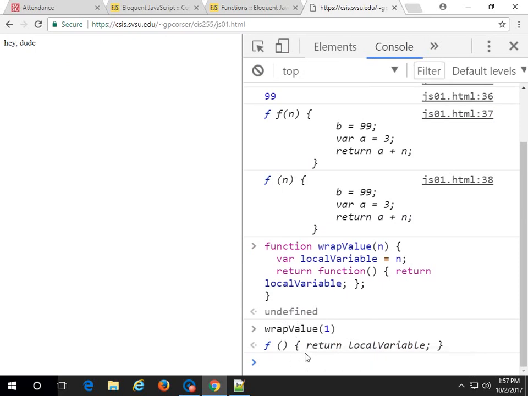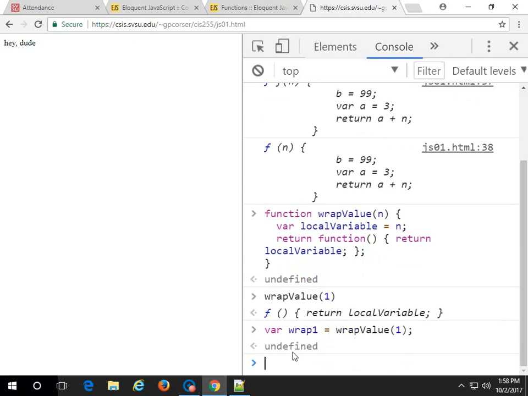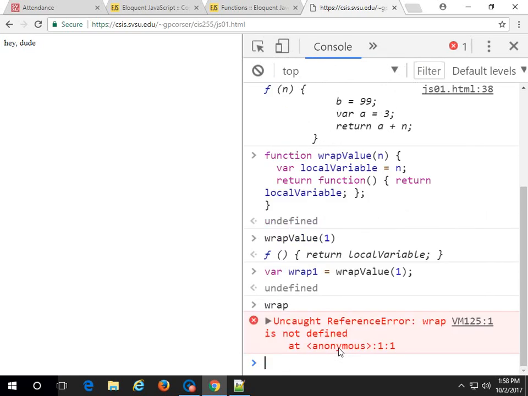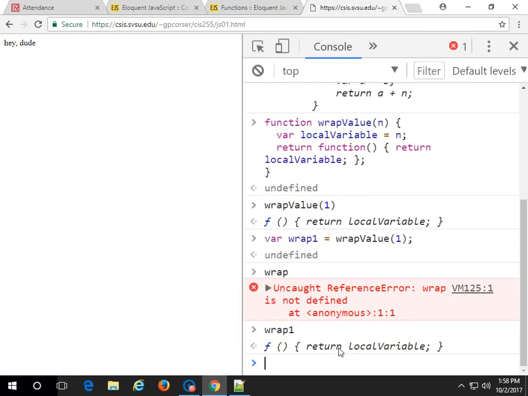Since wrap value returns a function, it's assigning the output of wrap value, which is a function, to wrap 1. So now wrap 1 is a function. So basically, we could say this. Wrap value is a function that returns a function. Wrap 1 is a function that returns a value. Sorry, wrap 1. You see that?